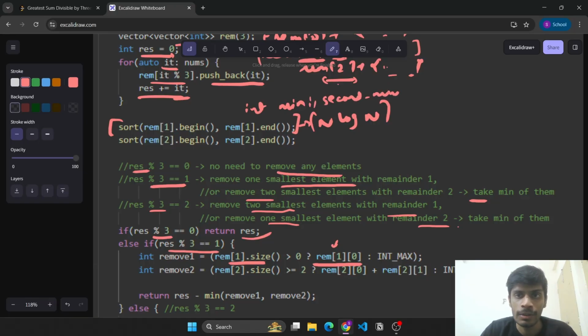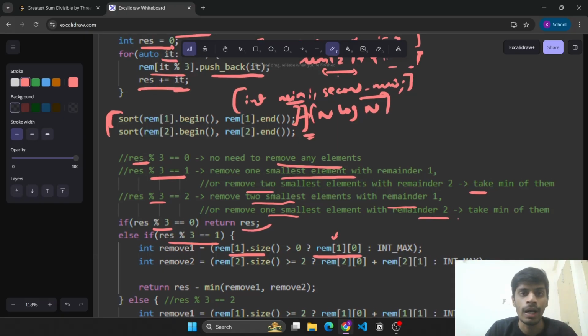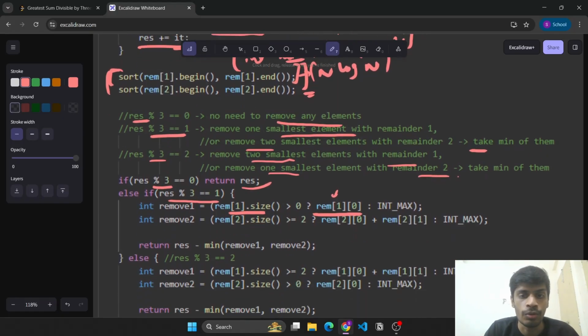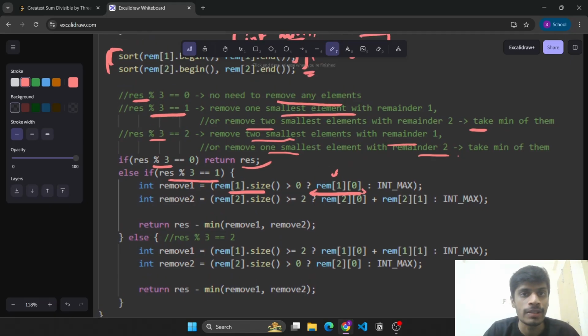So this is also feasible, means sorting it would make the code look cleaner. That's why I have done this. You can also avoid sorting and just find these two minimums by iterating the loop and maintaining these two variables. Now, to remove the minimum element, we have found it, which will be present at the 0th index,